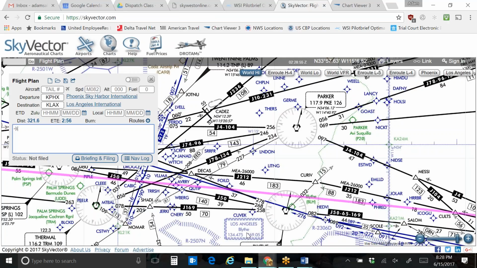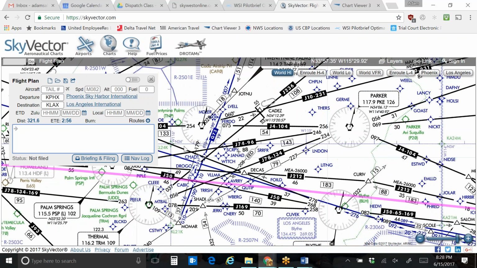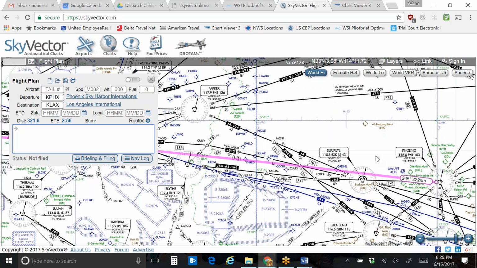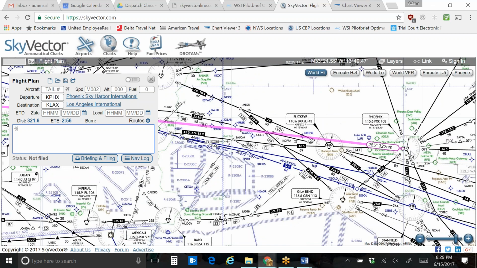Now going back into the map, that takes us all the way. So the nice thing about SIDs and STARs, when you're looking at it from an ATC flight plan creation, from a dispatcher perspective, is that if we didn't have a SID in this case, we would have had to basically file Phoenix. So if you don't have a SID, the way that you would file a flight plan,